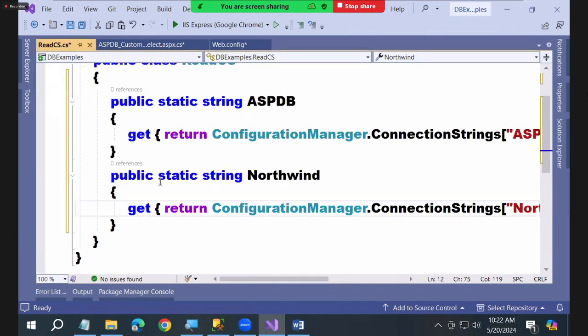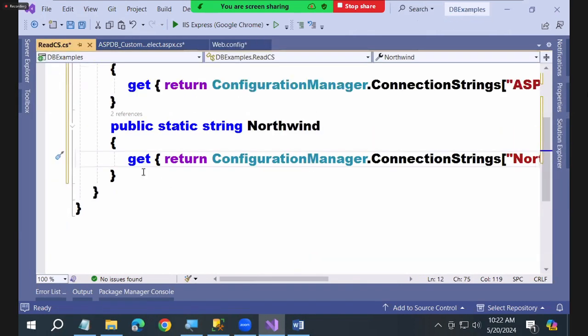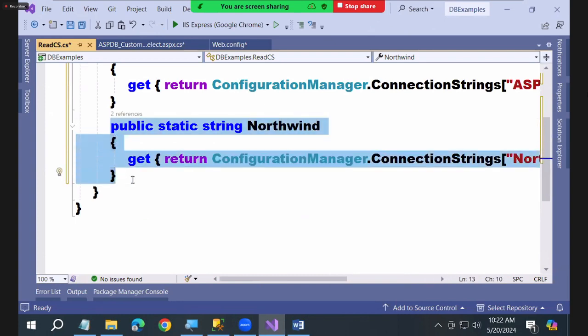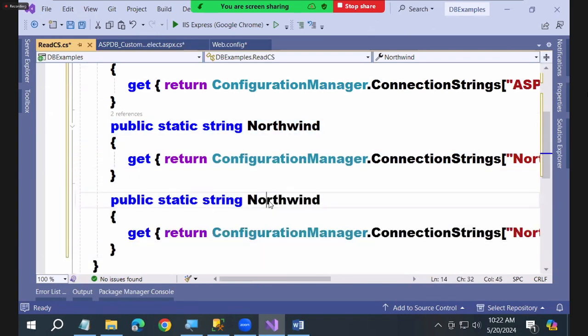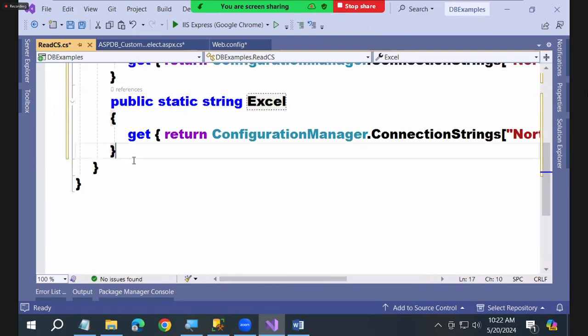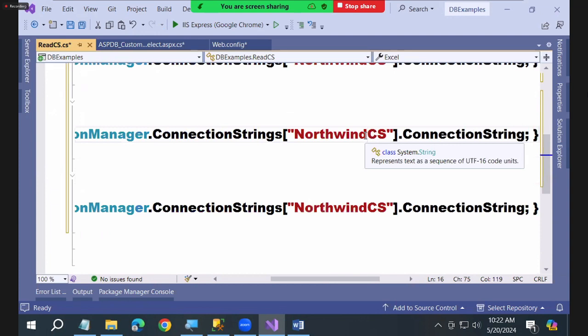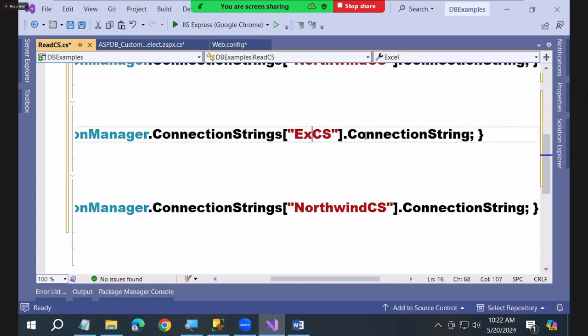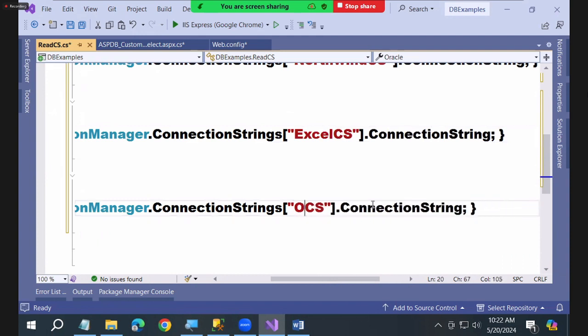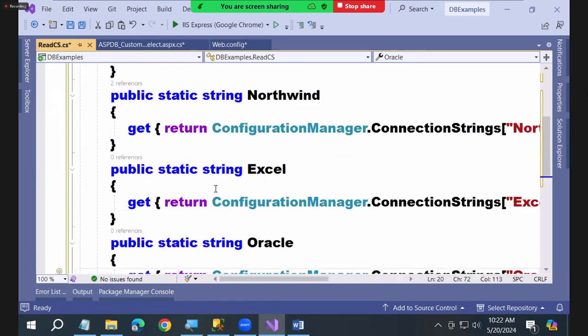Second step, write the properties. This is for Excel. You're writing for Excel, one for Oracle. Change the names here. What is this? Excel, Oracle. That's it. So going forward, you can use this directly in your applications without